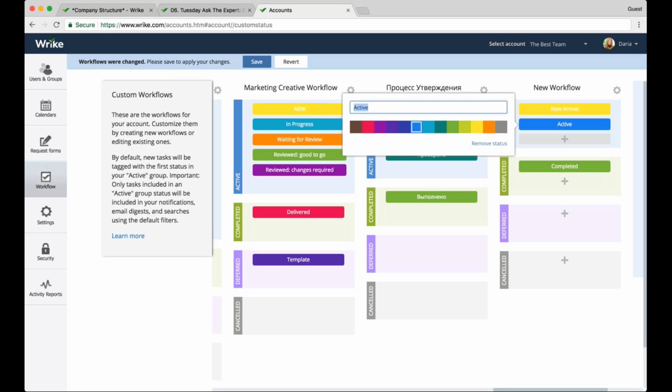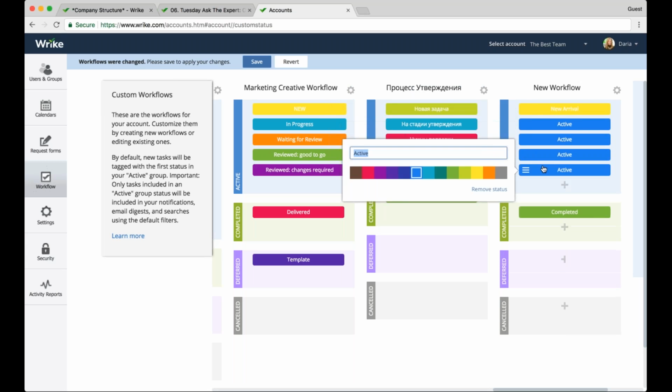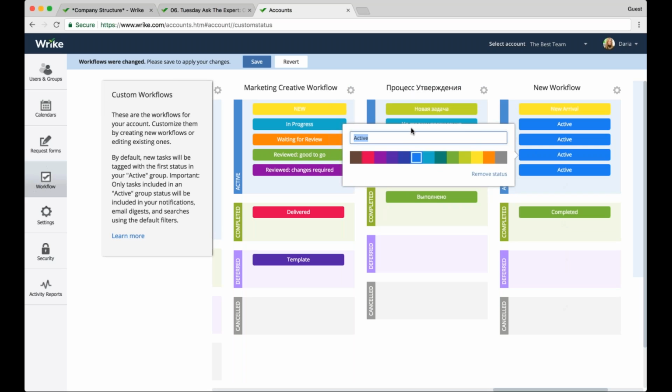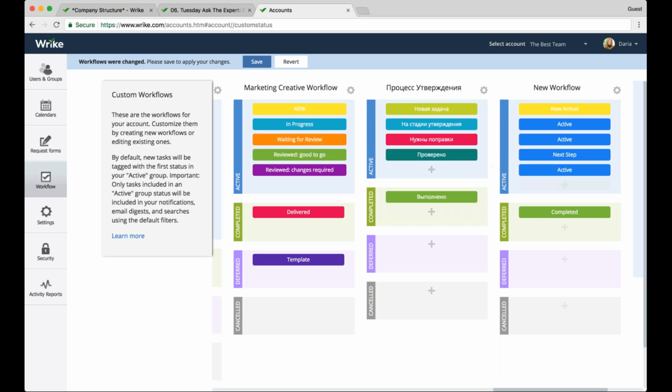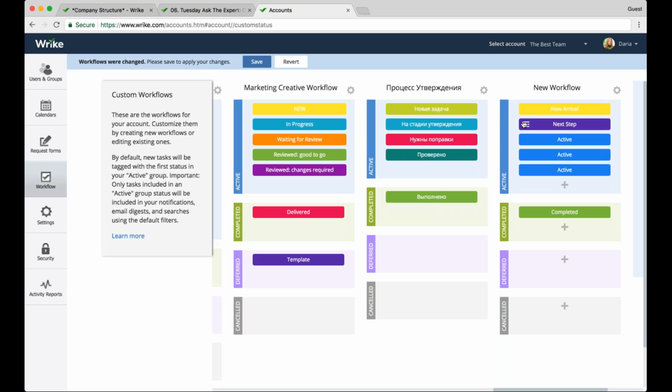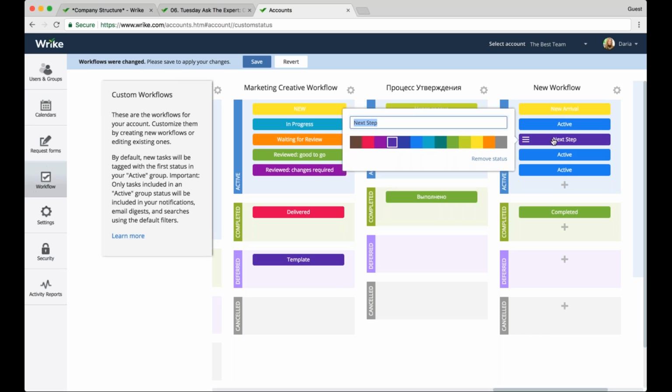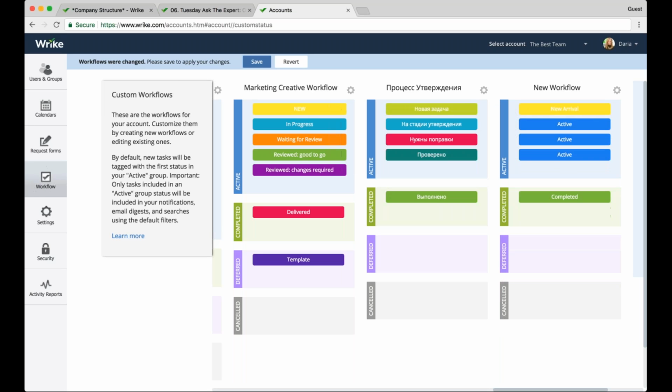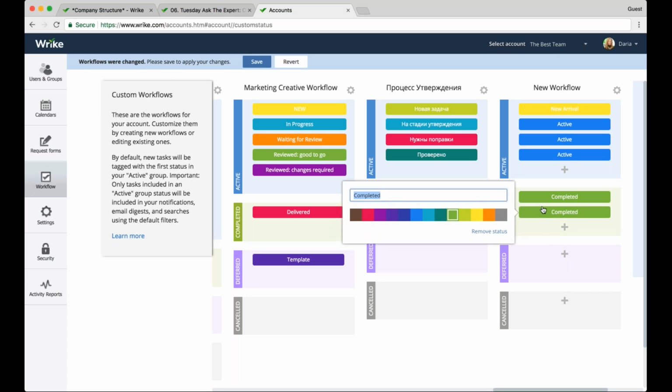And then you can add as many statuses as you need. You can, for example, I will call it the next step. And I will change the color. And I can easily drag and drop them. So once you have a set, you can figure out what is the right sequence of all the statuses. And if you're unhappy with some of them, you can easily delete them by simply clicking and remove the status. Completed. You can have as many rounds as you need. For example, it could be rejected,